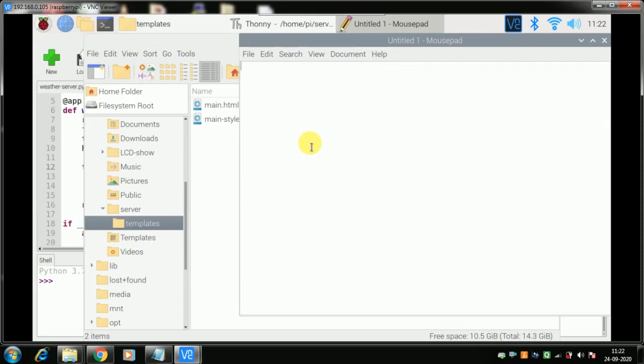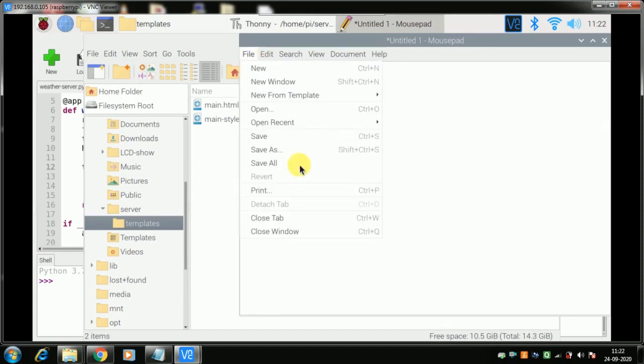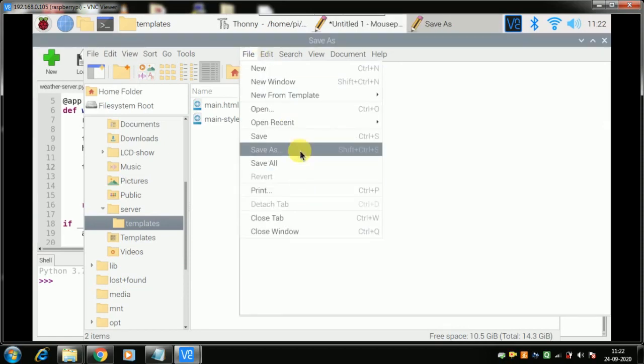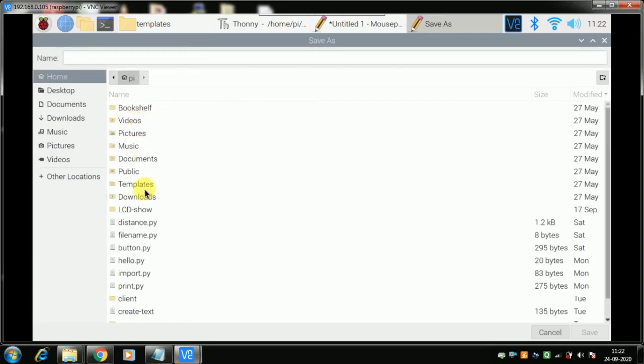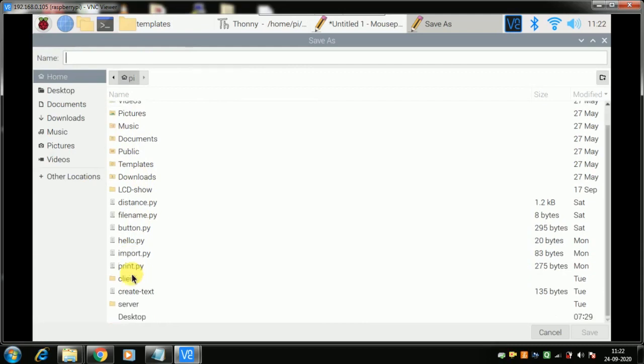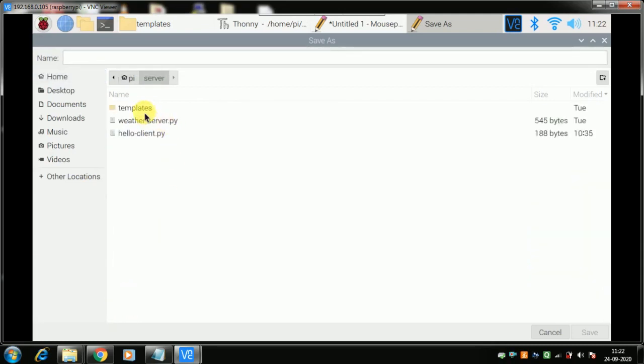Write anything, maybe this, and save it in your server folder. Where is the server folder? Server, inside templates, and name it something like sample.html. Force save it as HTML, and save.